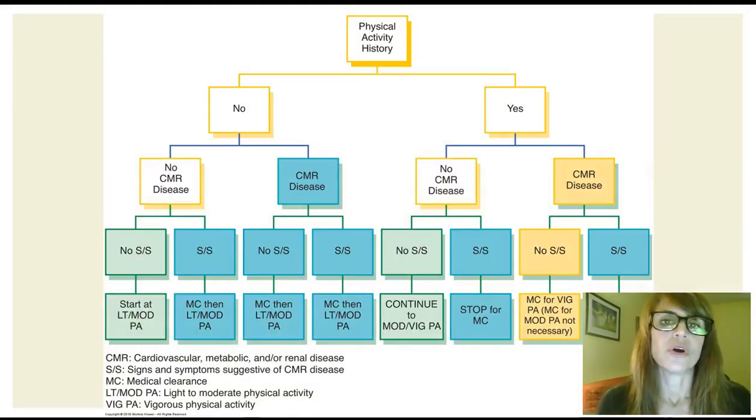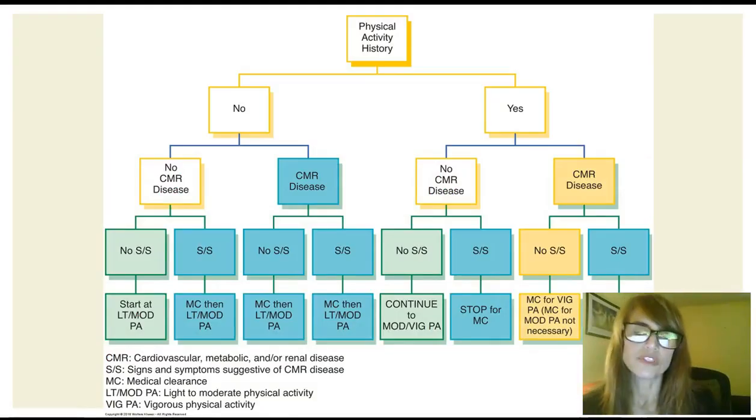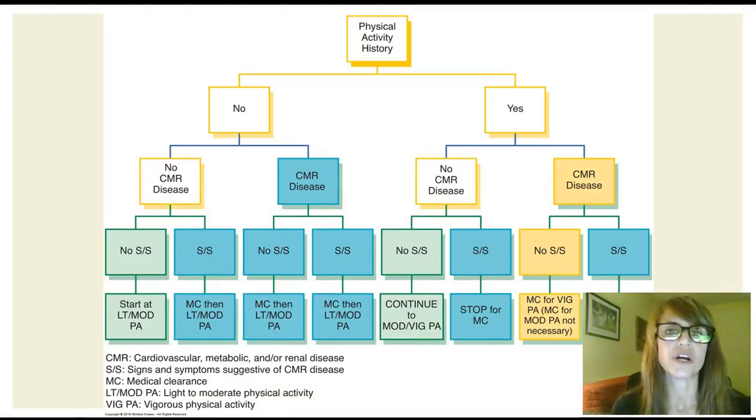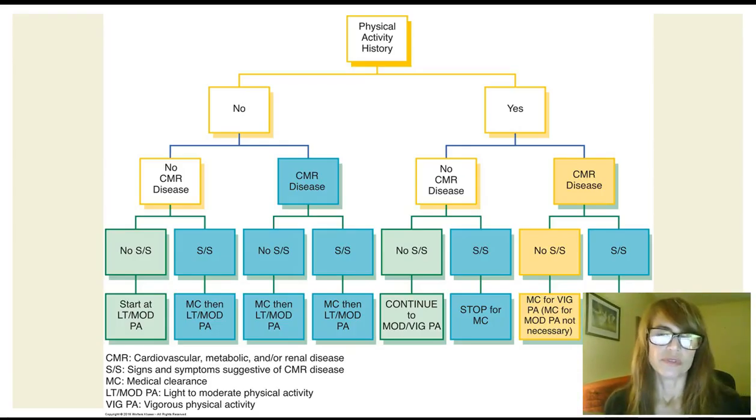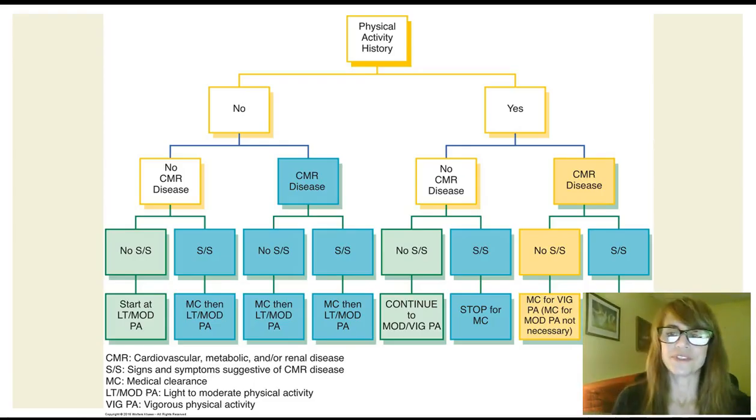So I'll bring you back to our decision tree for screening participants. Now we're talking about asthma and COPD. Physical activity is still the first part of the decision tree, so you would still ask if they are active: 30 minutes, 3 times a week, for 3 months, at moderate intensity. You would determine here that asthma is not a cardiovascular, metabolic, or renal disease. COPD is also not a cardiovascular, metabolic, or renal disease.